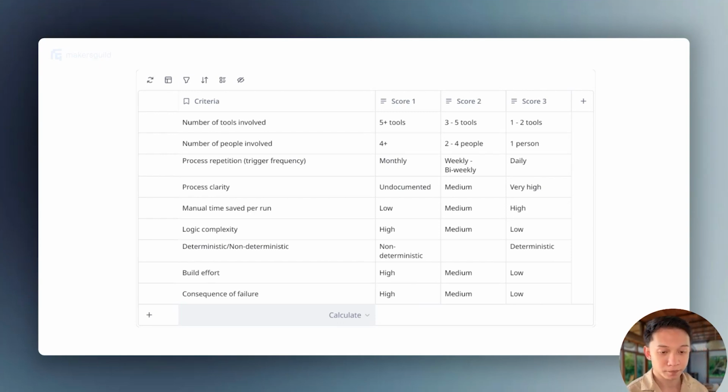Manual time saved per run. What this means is how many man hours are being spent on the process, and if you automate this, how much manual time is being saved. I put here low, medium, high because each company is a bit different. So you want to define how many man hours are being spent. And typically, I like to define man hours